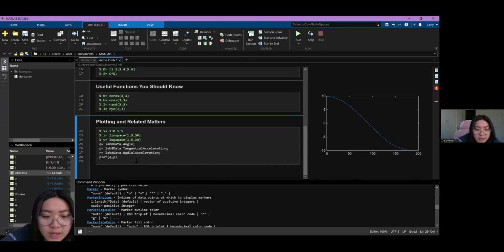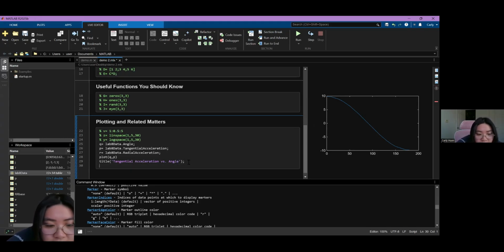The title should be title, and then open quote, and then what is it? It is angle. I think it's Y versus X. No, I still don't know this. Okay, I forgot whether it's X versus Y or Y versus X. I think it's Y versus angle, right? So that will be your title, and then your X label would be angle. Can you imagine if I spelled it wrong? Label would be like,